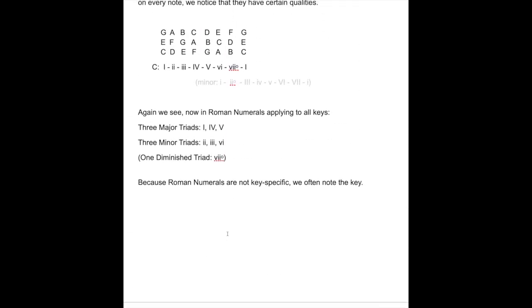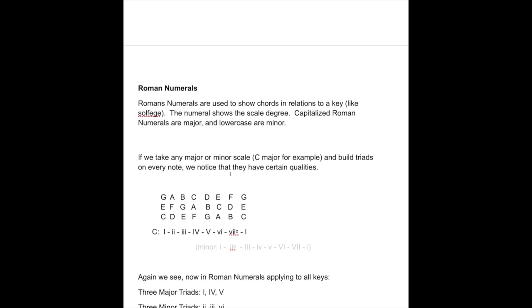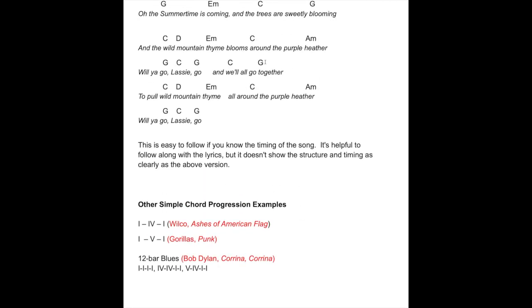And that's pretty much all we're going to get into for today. As I mentioned, I know this is a lot of material. Again, the difference between this and a music theory class is that in a music theory class, you'd be tested on the chords in the key. In this case, we just want to know the concepts. So the concept is,